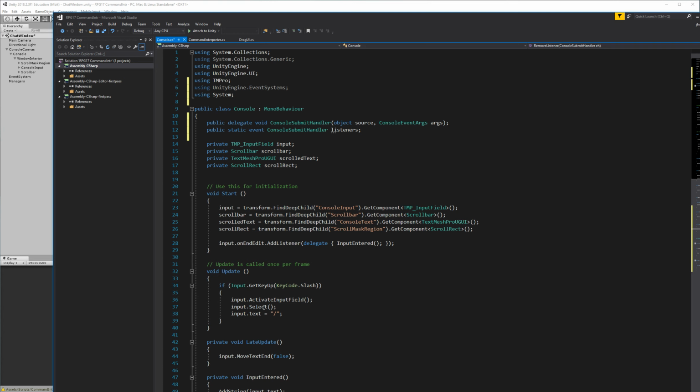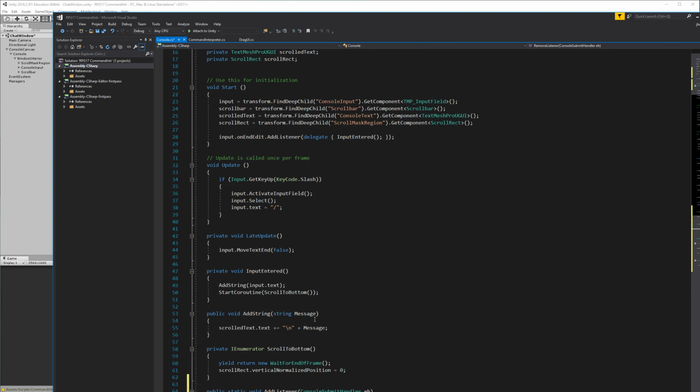And now all I need to do is to use this somehow inside my console. And where would be a good place for that? Probably in this input entered field might be a good place. Let me just take a second and pause this. Okay, I do. Input entered is a good place, but I'm going to create an on submit routine for this